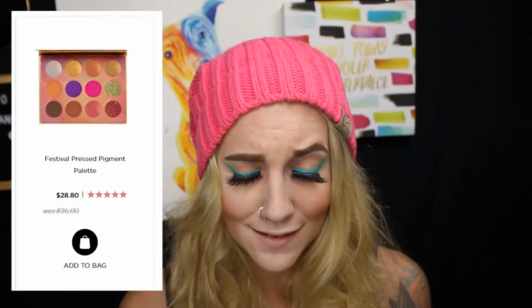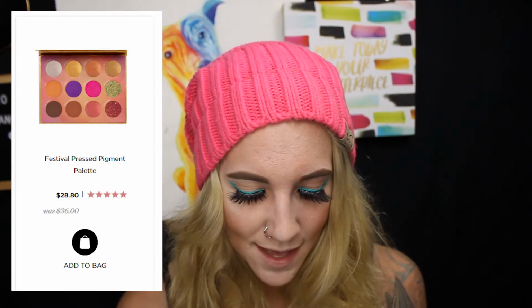The palette is cute, but again, it's not really a palette that I would gravitate to. I will maybe try it in the future, but I really don't like this purple. I think that purple is really ugly, and I have seen a purple very similar to that in other Pure palettes that I've gotten from Boxycharm, and I just don't like that color at all. I think it's really ugly, but some of the shimmers are really pretty. I really like the color Utopia. I think that's really gorgeous, and I will definitely maybe play with this in the future, but I really don't like the scent that Pure puts in their palettes, which is another...